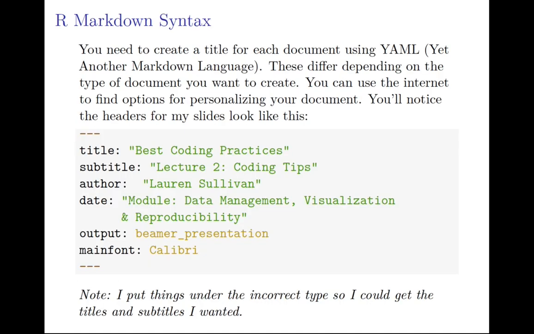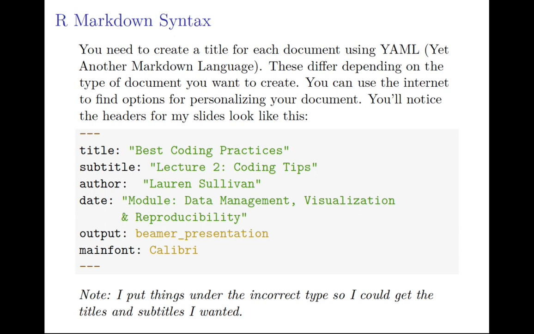So a note about R Markdown syntax, you'll need to create a title for each document using YAML, which is yet another Markdown language. Don't need to worry about that too much. And anytime you open a new Markdown document, the program will already give you the prompts for what to add. And these headers differ depending on the type of document you want to create. So you can use the internet to find options for personalizing your document,